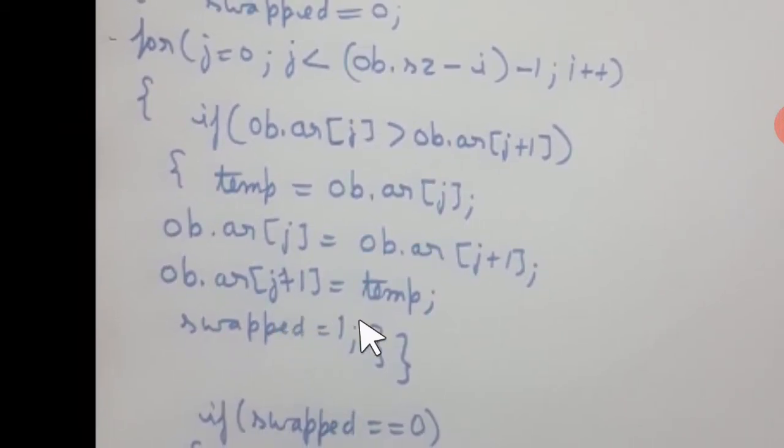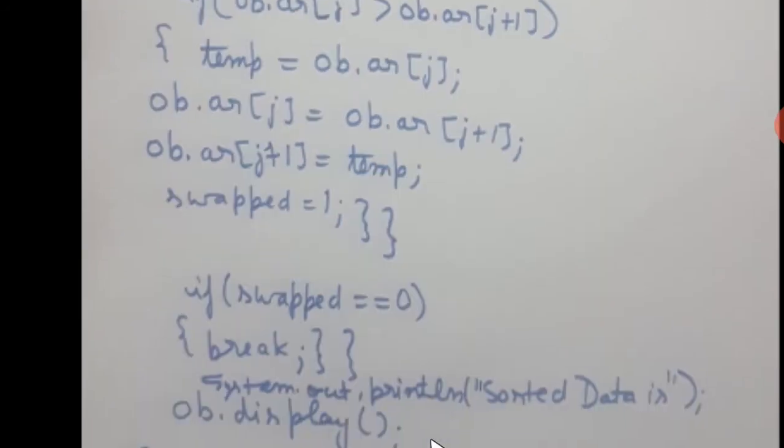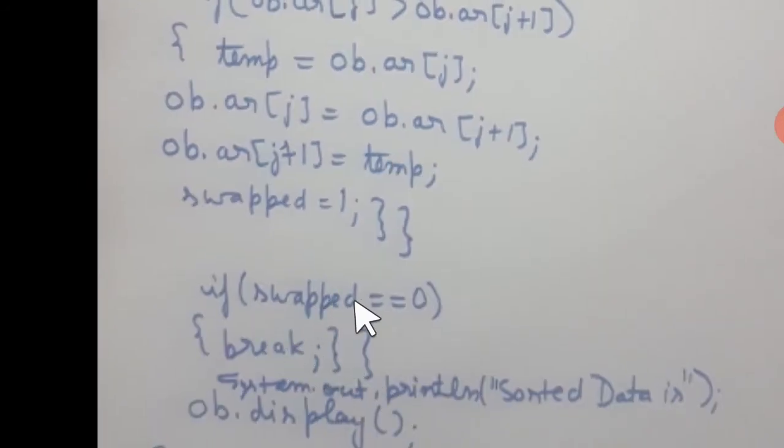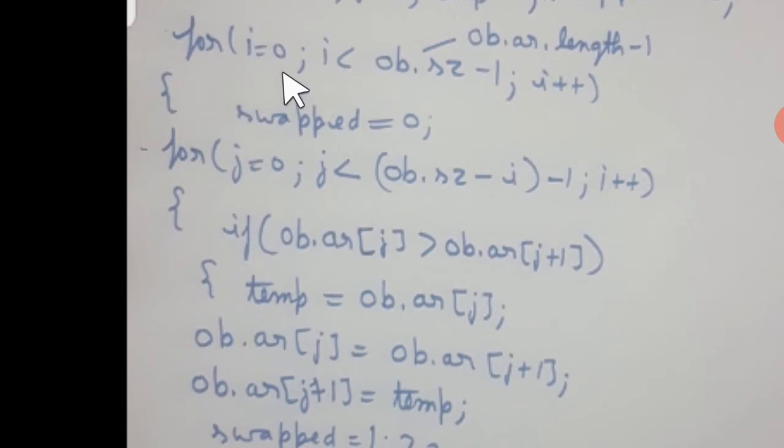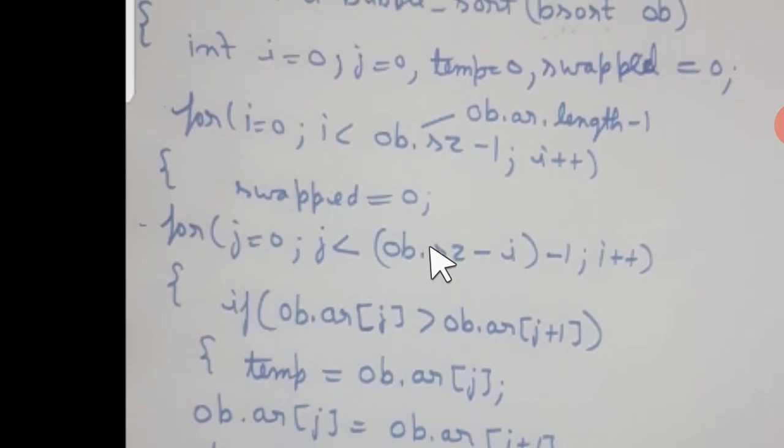Once the swapping is performed, we have to update the value of the swapped variable. Now it will have the value 1, which means the swapping has been performed. Now here is the closing of the loop for compare and swap. Alright, when this loop is over, we check if the swapping has been done or not. If the swapping has not been done, then break, right? Is that clear? Otherwise, if swapped has the value 1, we'll go for the next pass. Alright, so that is the basic idea of this optimized implementation of the bubble sort.